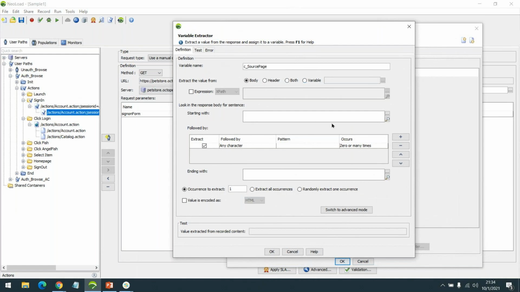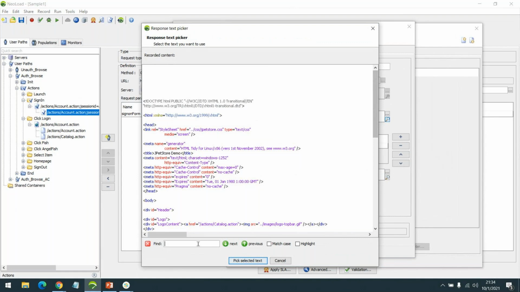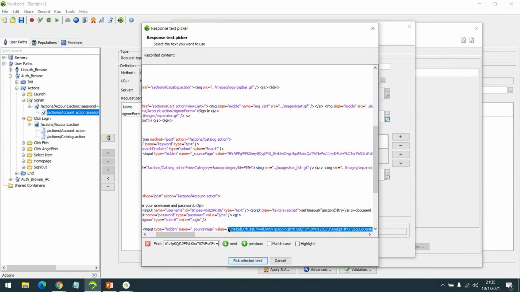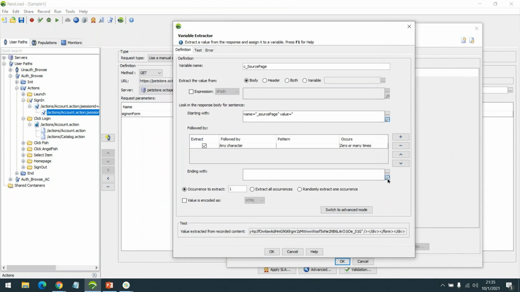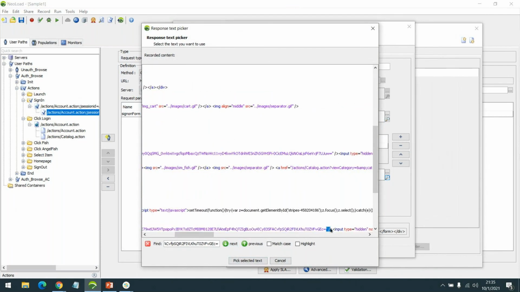Then here there is a starting with and ending with. I'm using the text picker to search for the same value, and then I'm giving this as the left boundary. For the right boundary, I'll give whatever appears after the value.